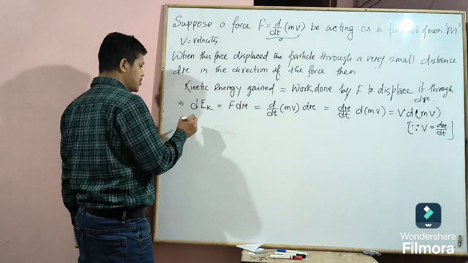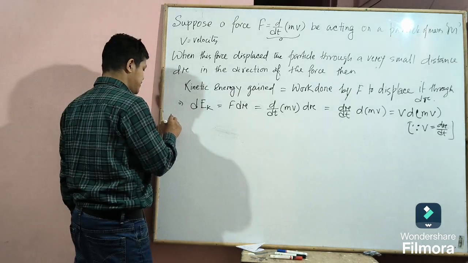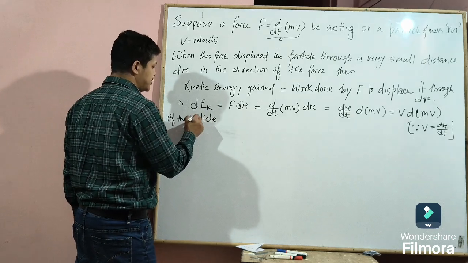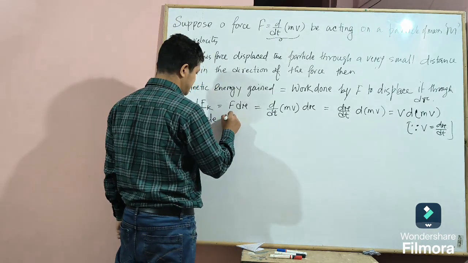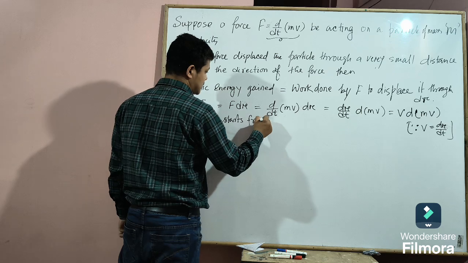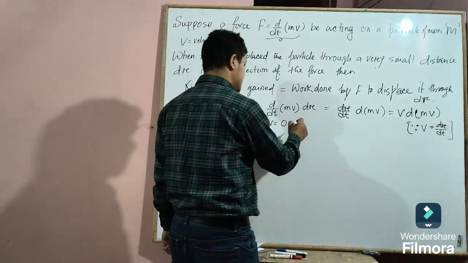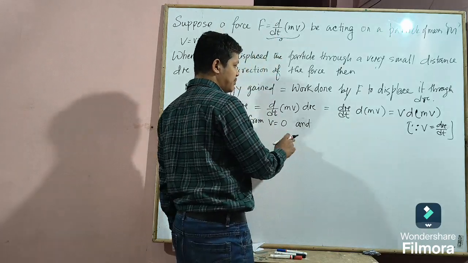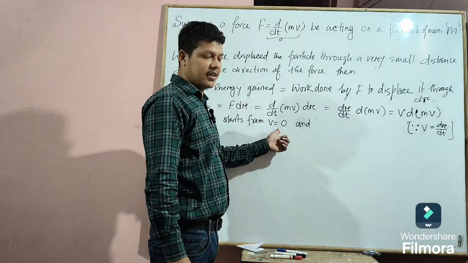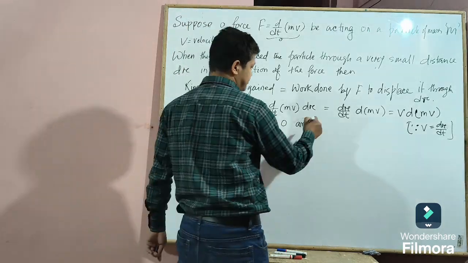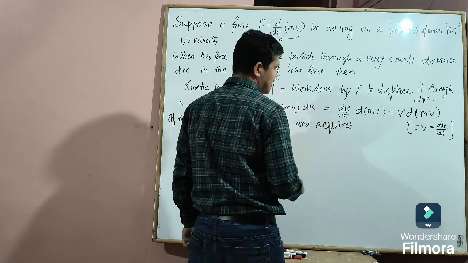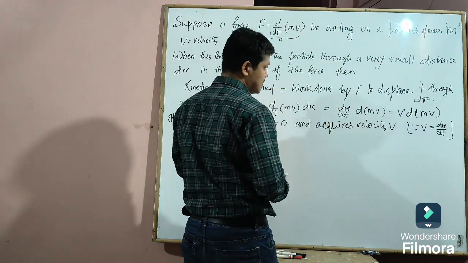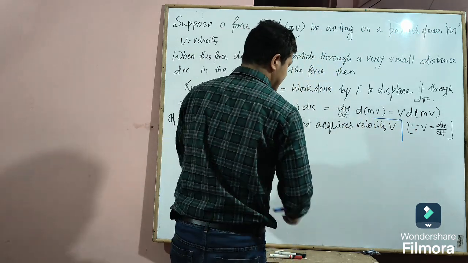Now if we consider the initial velocity is 0, if the particle starts from v equal to 0 and acquires a velocity v,